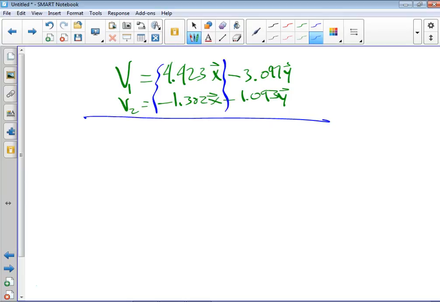So I have 4.423 plus a negative 1.302, or if you just want to do minus 1.302, gets me, by the way, this is the resultant. What I get as the answer is going to be 3.121 positive, x component. And the y component should come out negative because both of these are negative. So I have negative 3.097